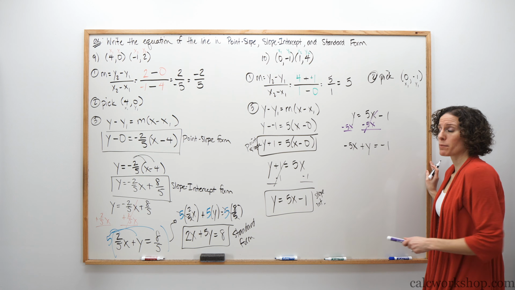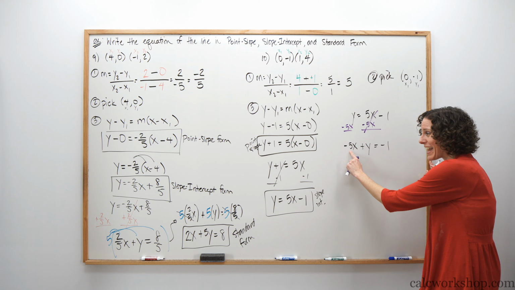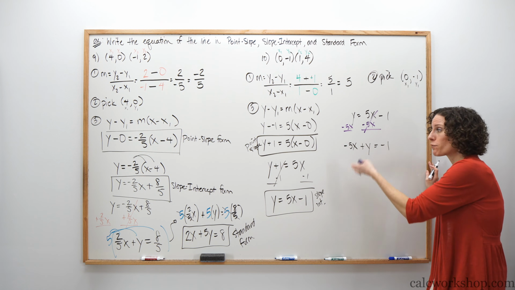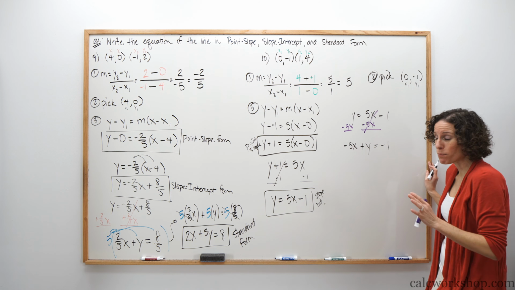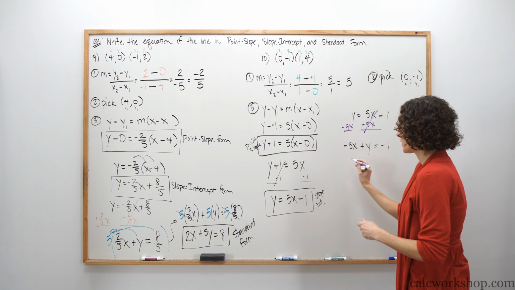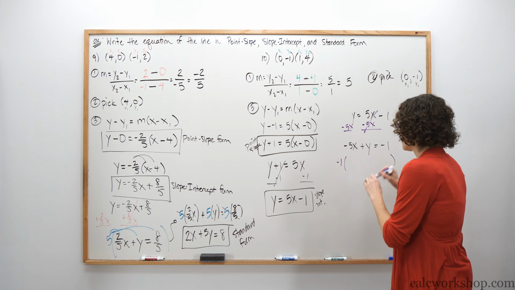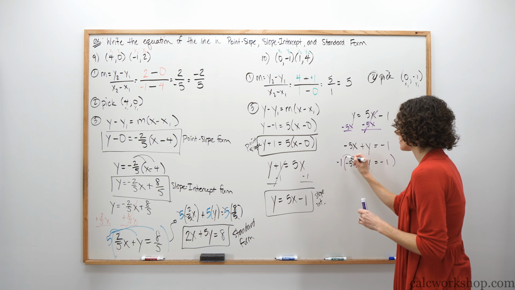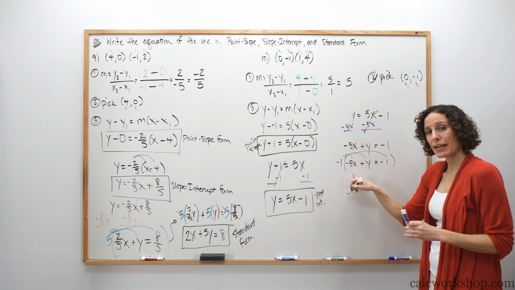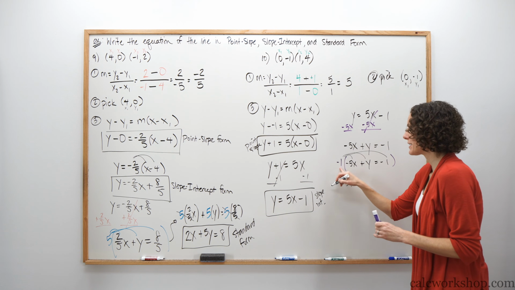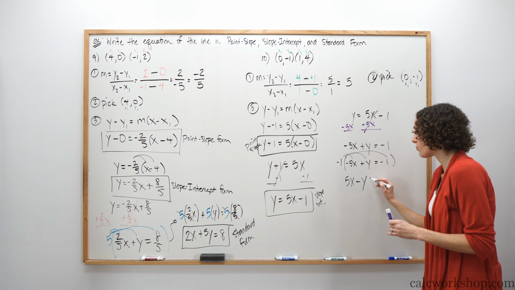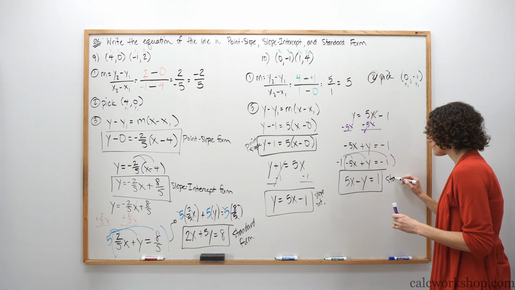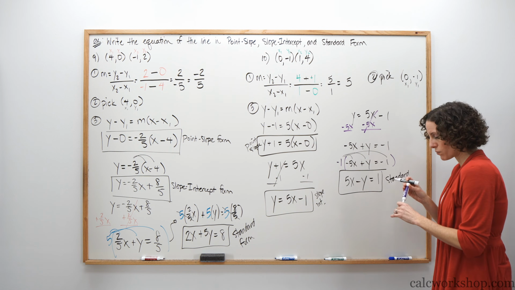So x and y are on the same side. We don't have any fractions, but we can't let x have a negative coefficient, which means we either are going to multiply the entire equation by a negative 1 or we're going to divide the entire equation by a negative 1. It's the same operation here. So I'm just going to multiply the entire equation by a negative 1. In doing so, I am changing all of the signs. Negative 1 times negative 5x gives me 5x. Negative 1 times y gives me negative y equals negative 1 times negative 1 is a positive 1, and this would be the equation in standard form,